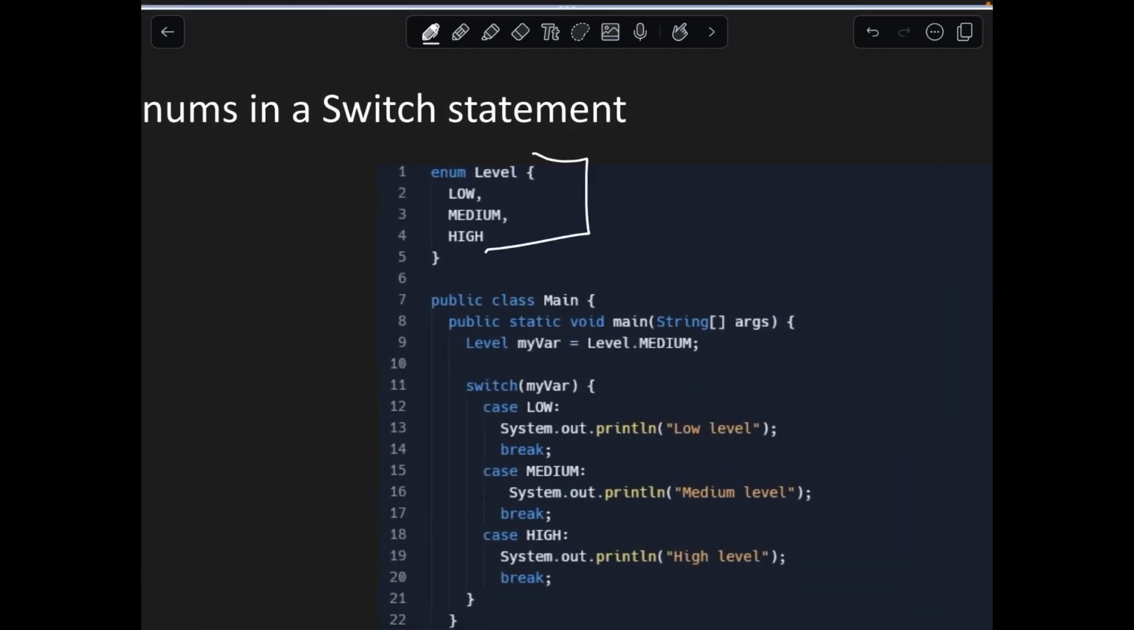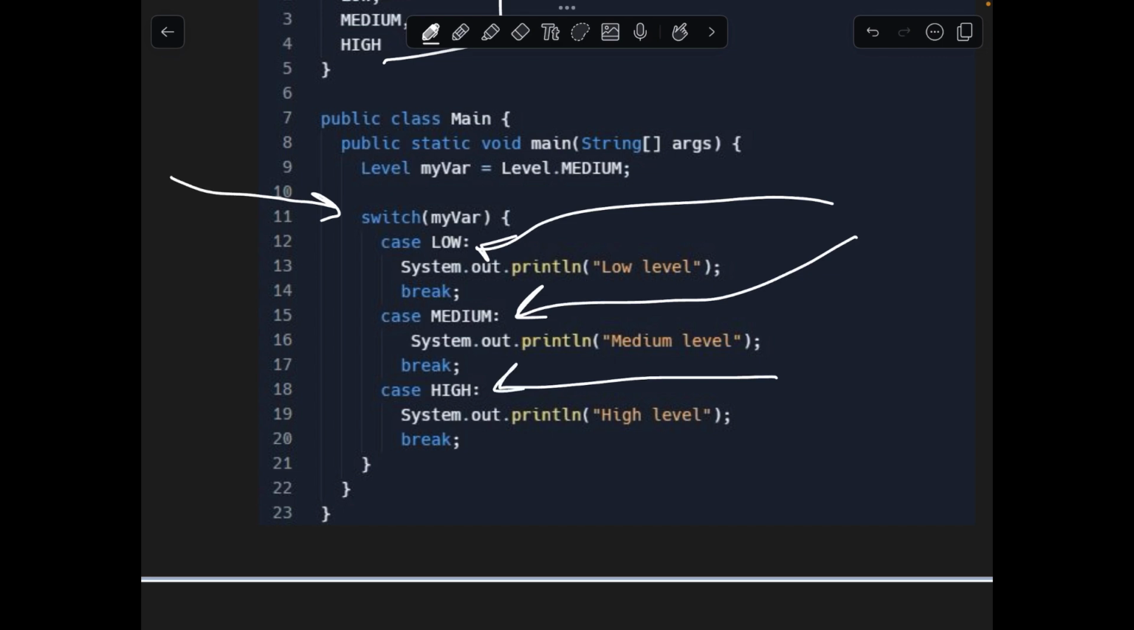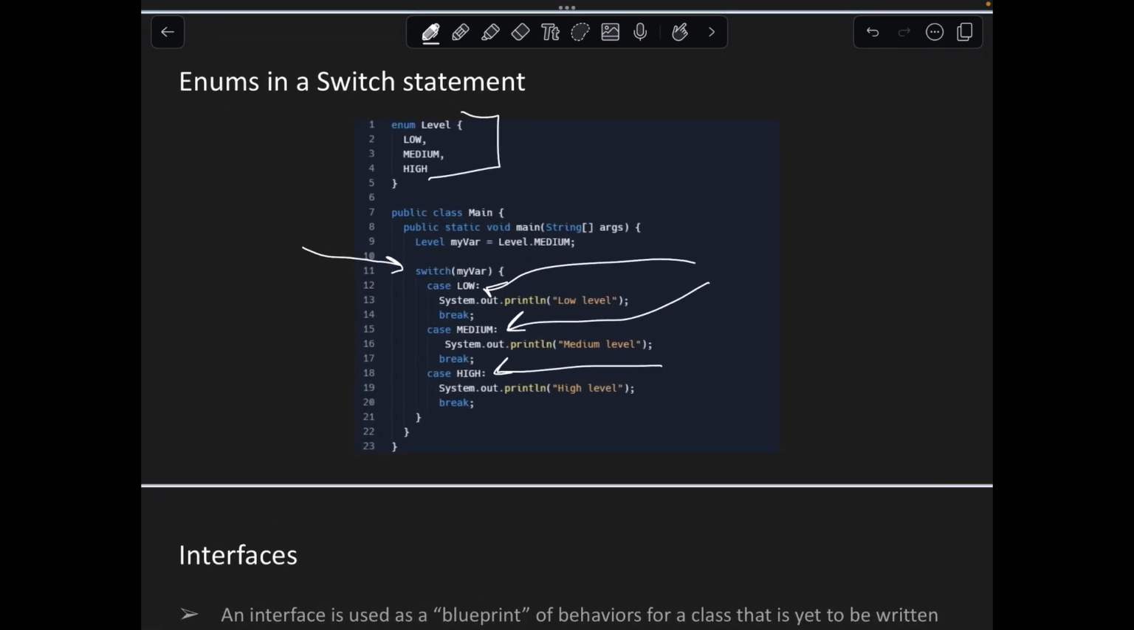Again, you have the enums up here, and then you have your switch statement. Remember, we talked about that 2 videos ago when talking about how they're similar to if-else statements. And you can see we use our enums here as the cases within the switch statements. Again, really simple. Next, let's talk about